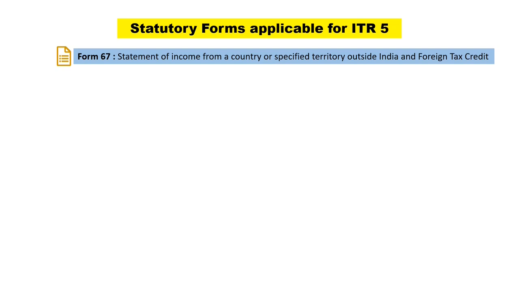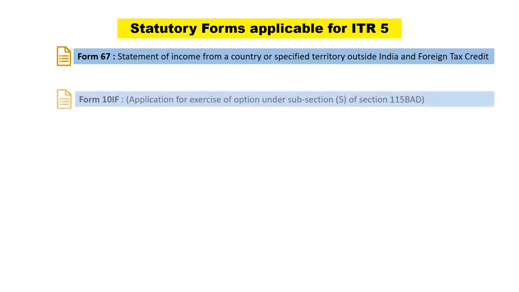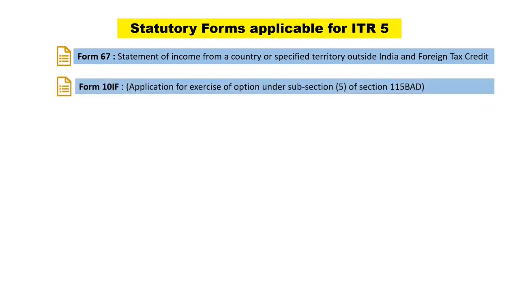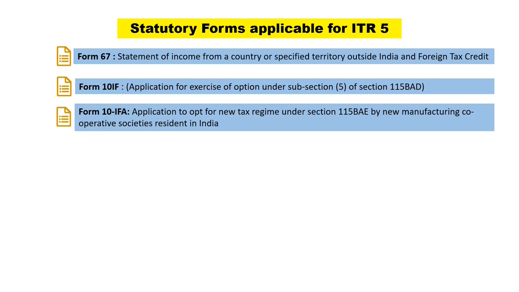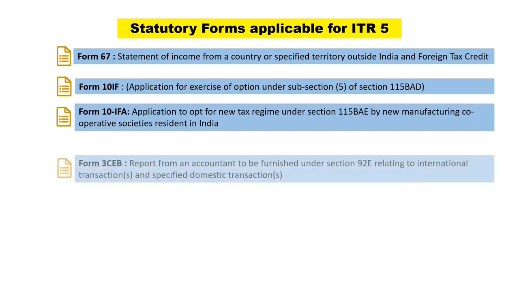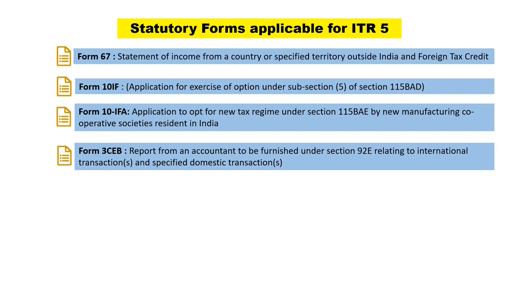Let us first see the statutory forms applicable for ITR5. Some of the forms which can be applicable on ITR5 are Form 67, Statement of Income from a country or specified territory outside India and foreign tax credit, Form 10IF, Application for exercise of option under subsection 5 of Section 115BAD. In the statutory forms, there is an addition. Form 10IFA, Application to opt for new tax regime under Section 115BAE by new manufacturing cooperative societies resident in India. Form 3CEB, which is a report from an accountant to be furnished under Section 92E relating to international transactions